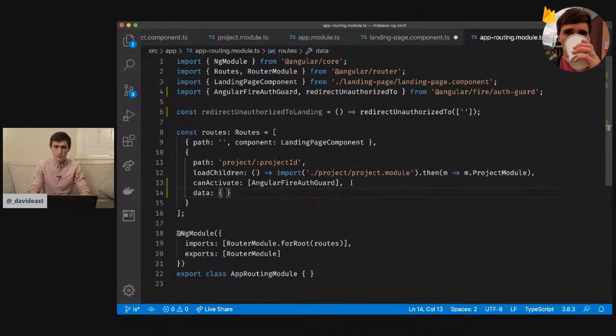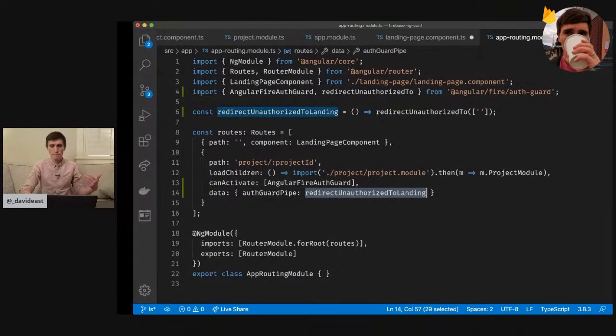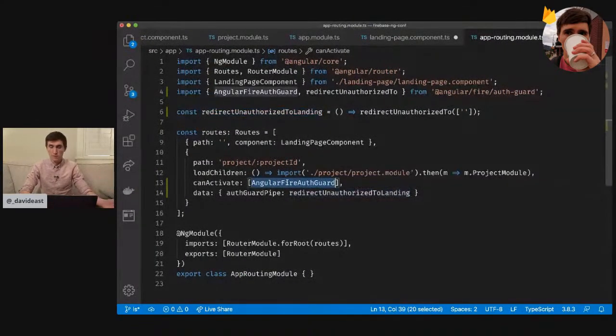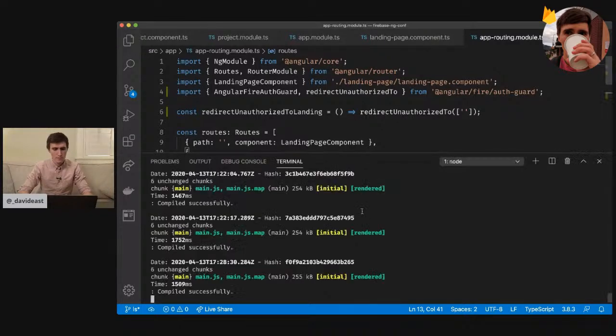So this is how we further customize it. And how do I forget this? I think it's auth guard pipe. And then that takes this in. I'm going to have to cheat. I always forget. It is auth guard pipe. I remembered it. All right, cool. Auth guard pipe. And this right here will say, hey, if you're not logged in, I'm going to look at this, and I'm going to call this method, which is going to tell me to redirect to home. So let's save that